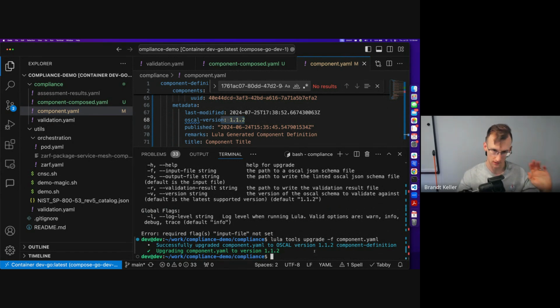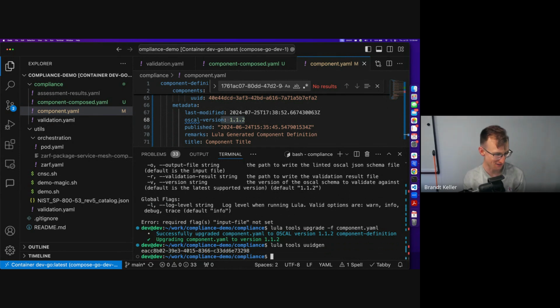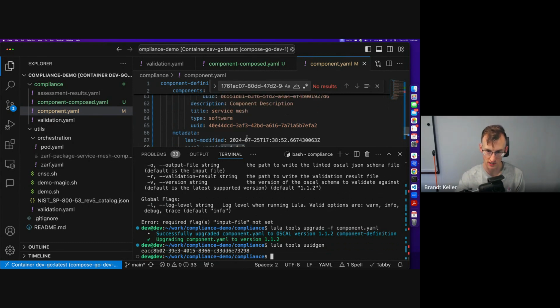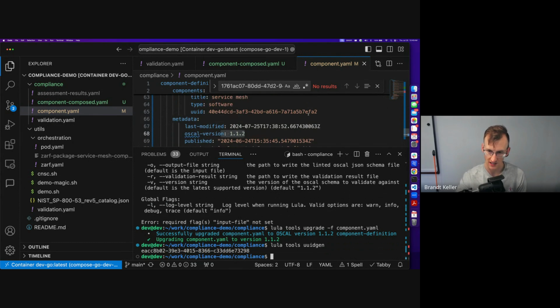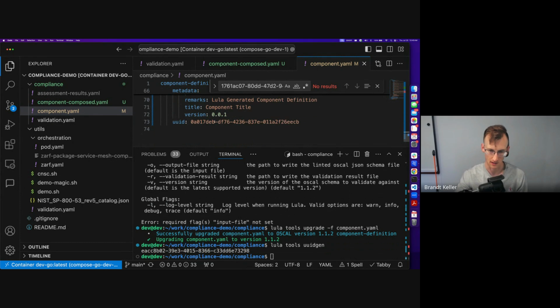So that's Lula tools lint and upgrade. And then the last piece, which we talked about in the beginning, is a quick UID generator, just to make life a little bit easier. If you want to update some UIDs manually, or change something: when Lula sees that something changes, we've been slowly injecting updates to the UID when we believe it should change. Something about this document changed, so we should update it. We're still trying to figure out what all those edge cases are, but nonetheless, we've got a UID generator,